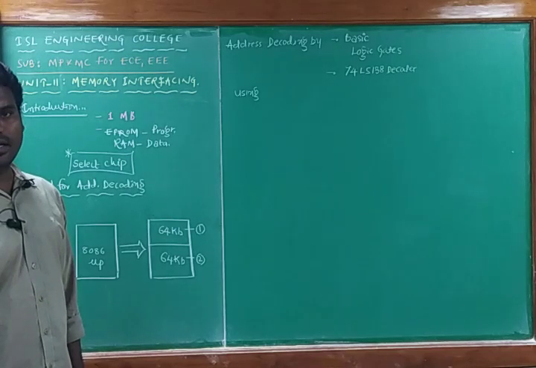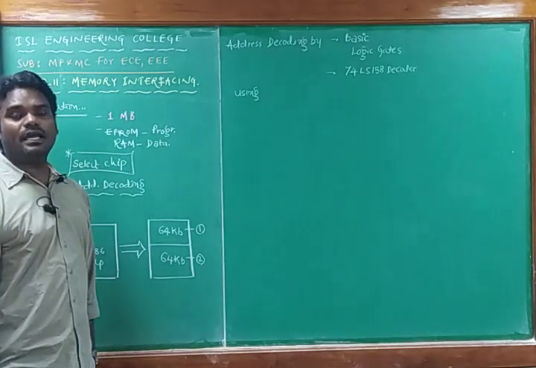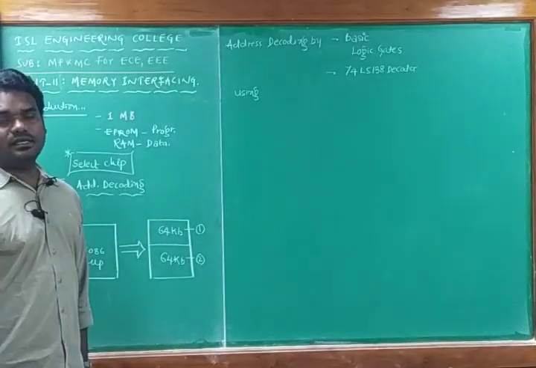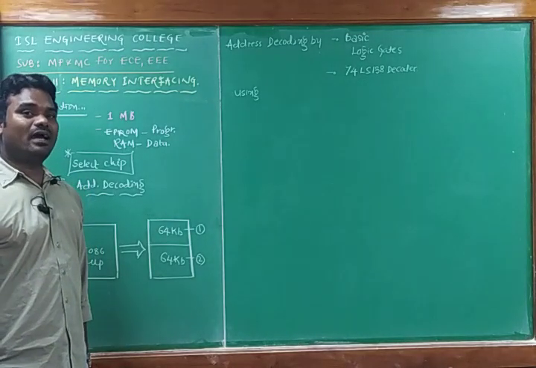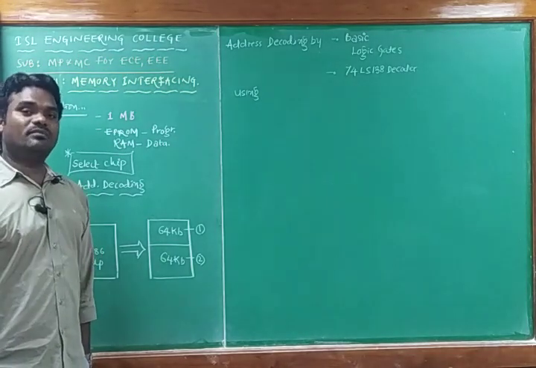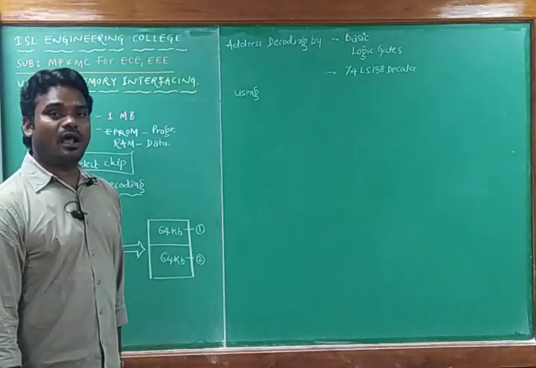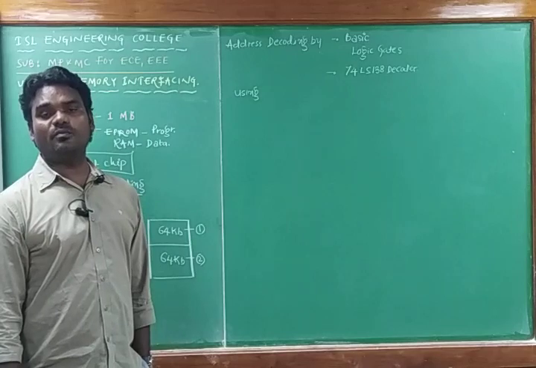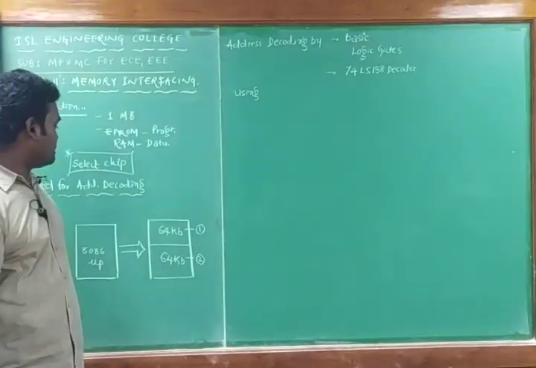Selecting a chip is nothing but selecting a memory, and it is going to be enabled by the 8086 microprocessor. After enabling one particular memory, the 8086 microprocessor, using the address bus, is going to send the 20-bit address. From that 20-bit address, the processor can either read and write the data, or it can access the instructions in the form of programs. This is the main introduction about memory interfacing.